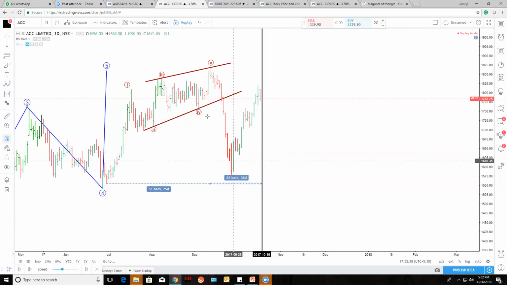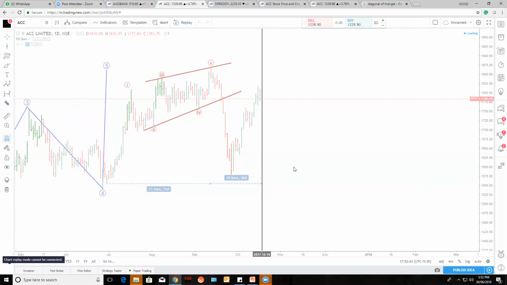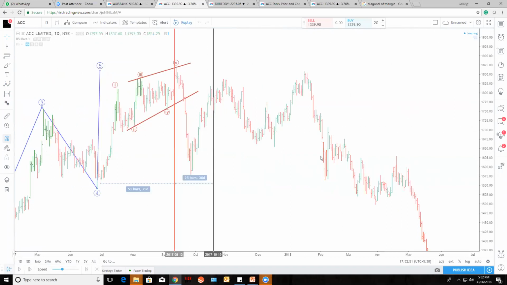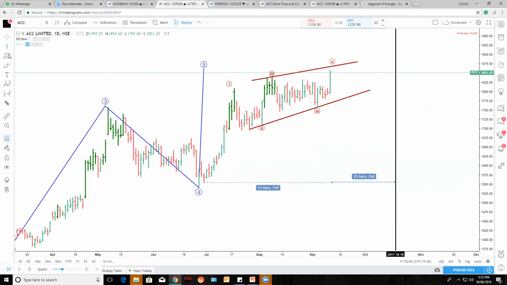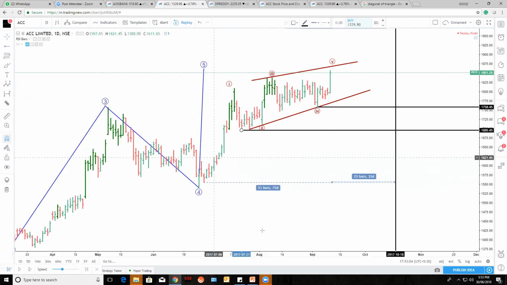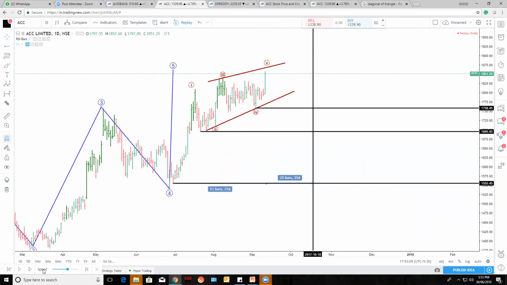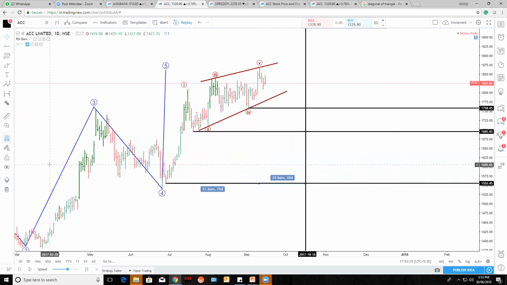Let's take the minimum target here, the fourth one. This one is the minimum target, and it may come to the level of the second, and thirdly it will come to the level of the fourth of the third wave, right? So now see how they work. So that is the high point after completing the 5 waves.